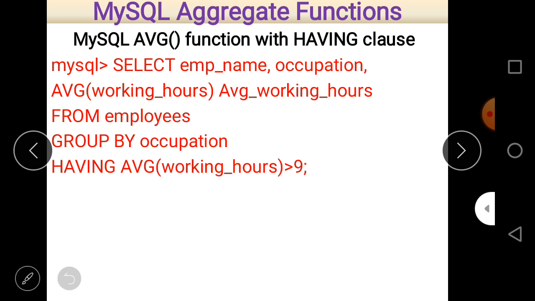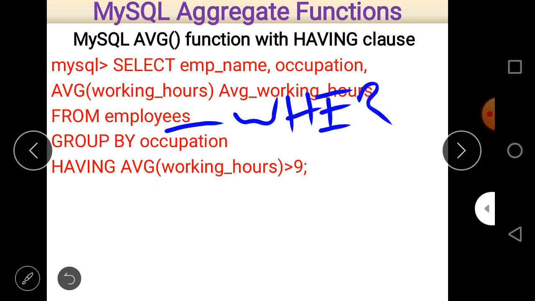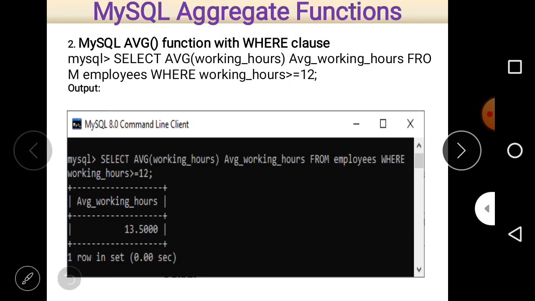Now if there is a general condition and that condition does not depend on a group by clause, then we put that condition here, but if there is a condition related to a group by clause, then it should be placed just after the group by clause, with the having clause. So these are the two or three important points. I hope that is clear to all of you. Just see that.